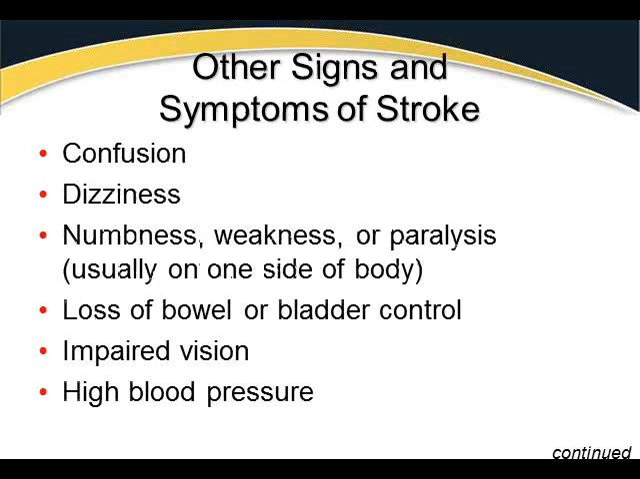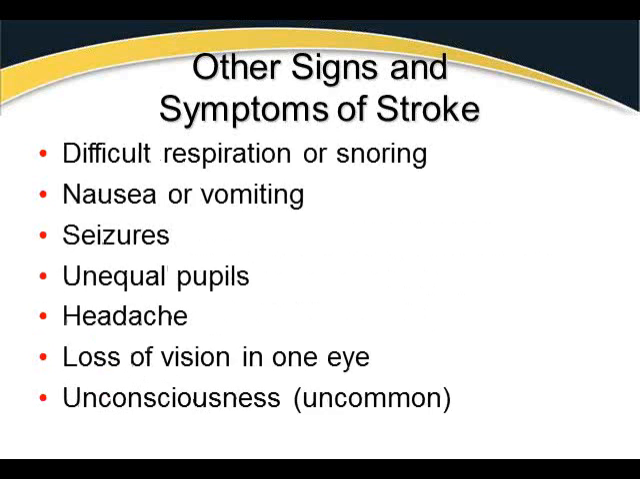Other signs or symptoms of stroke to go along with this. Confusion, altered mental status obviously, dizziness, numbness or weakness or paralysis. And this is normally one-sided, but it can be both sides. Loss of bowel or bladder control, that can go with seizure as well, of course. Impaired vision, high blood pressure, difficult respirations or snoring. And the snoring respirations, unconscious snoring respirations, are very typical with bleeding strokes. Nausea or vomiting, seizures, unequal pupils, that's kind of key there, headache,